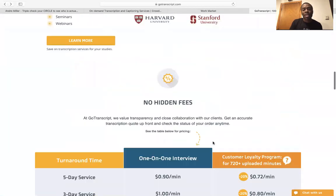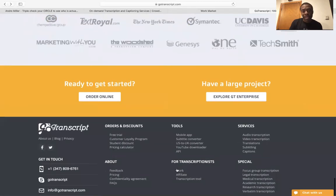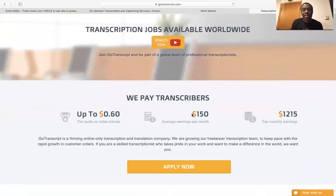If you want to apply, all you have to do is scroll all the way down to the bottom, and you see where it says work. When you click on work, it's going to take you here. This is worldwide. So if you want to give your services for typing, jump on this. This is worldwide. This is great, and you can make some money. As you can see down here, you can average anywhere around $150 a month, and the top earnings,